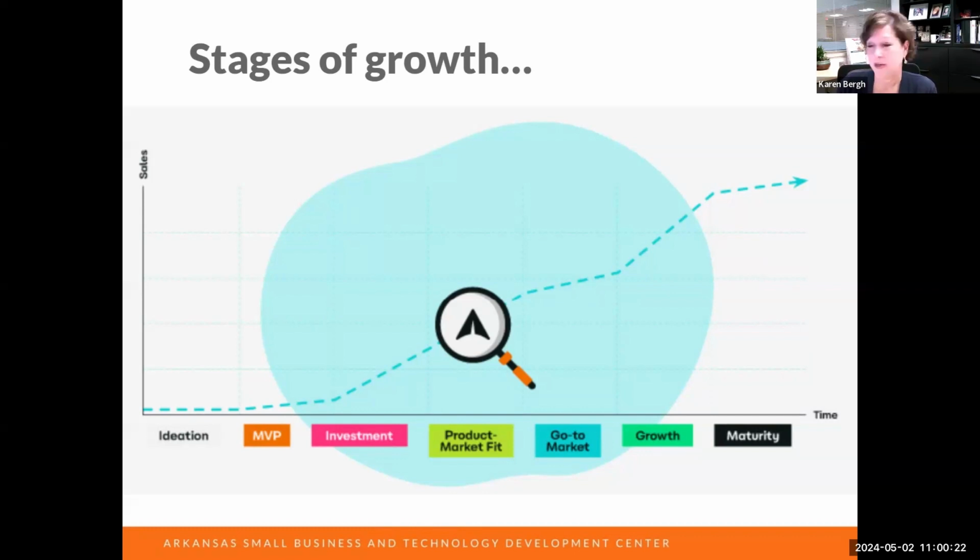When somebody walks into the Shark Tank and starts pitching, they have the MVP, a minimum viable product, or they wouldn't be talking about it. The investment in the pink could mean, and a lot of them are bootstrapping, or they've got friends and family, or some of them may be a little more mature and have other equity-based investors. But most of them are somewhere near that magnifying glass trying to find their product market fit.